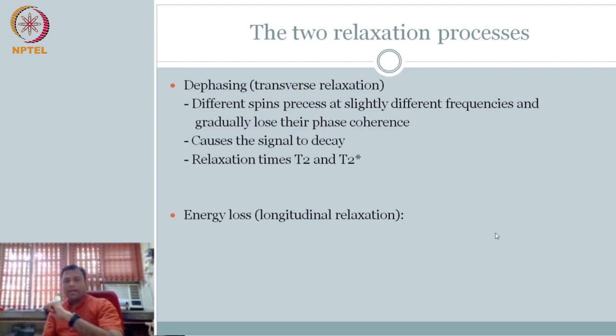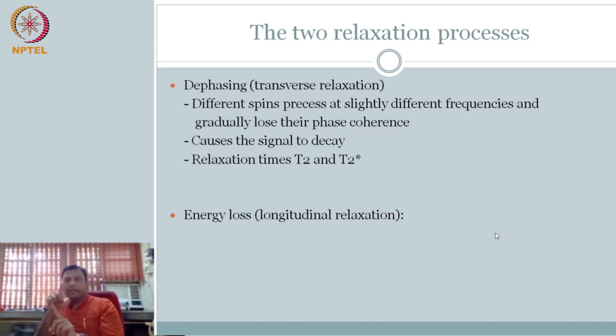Now, if you take a single molecule, that is fine. But we are talking about the bulk, right? In the bulk, each nucleus is not just a nucleus by itself. It is part of an atom. The atom is part of a molecule. So it has surrounding neighbors. Neighbors can be whoever. Essentially, one spin can interact with another spin.